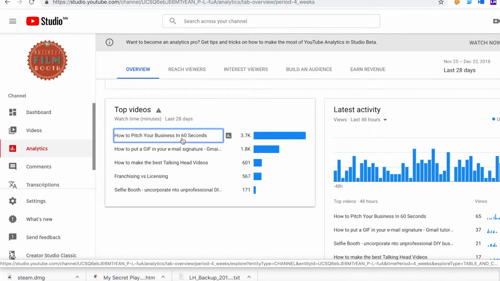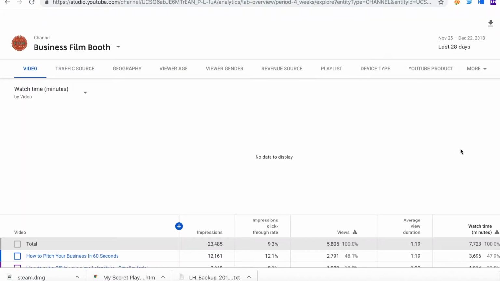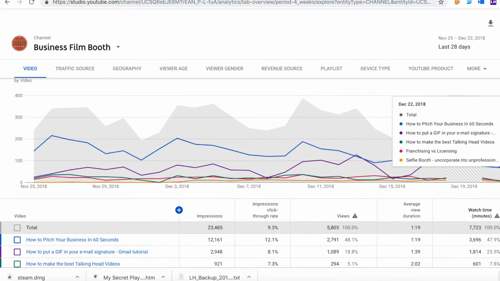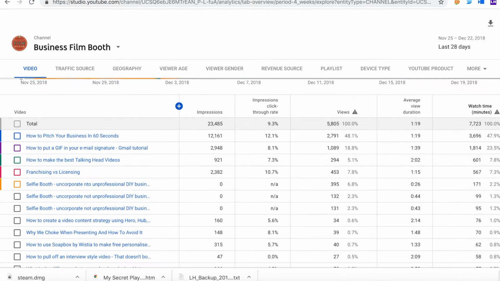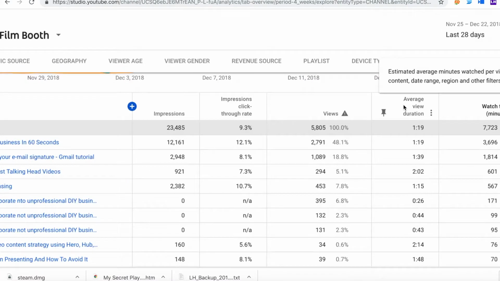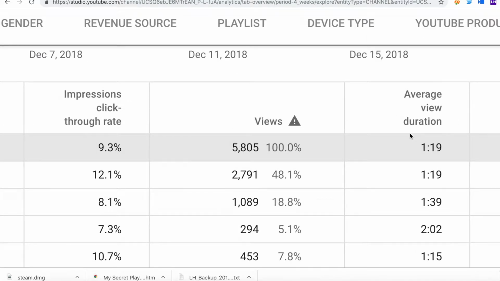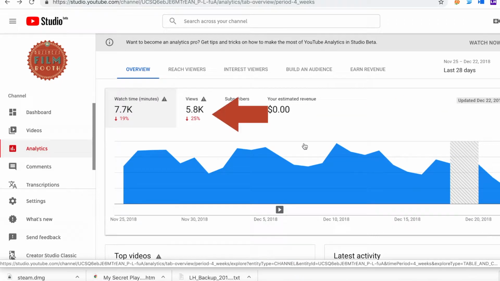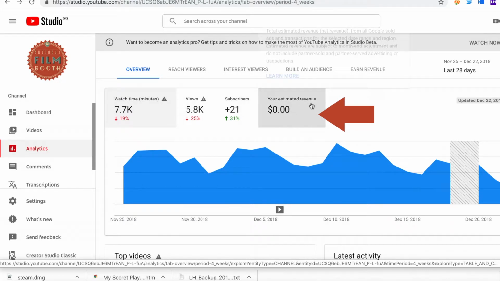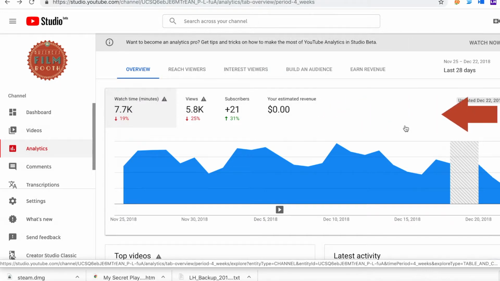Let's click on the top video in the list for more details. You see it opens up a big graph. Under the graph, there'll be a list of your videos. You can see the watch time, and more importantly, the average viewer duration. We'll go into an individual video's data in a minute, which is very important. Back on the main channel page, you've got your channel views, subscribers, watch time, and earnings when your channel grows over 1,000 subscribers and 4,000 watch hours, which is 240,000 minutes.